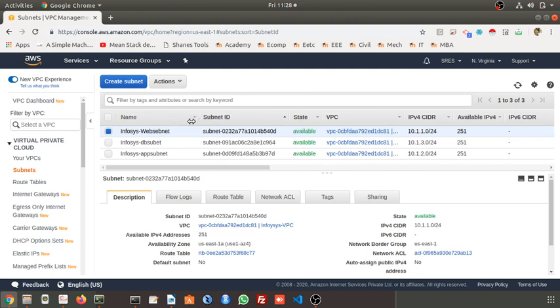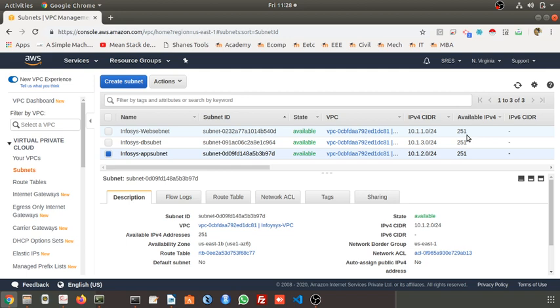So we have the DB subnet in zone 1C, the web subnet in zone 1A, and the application subnet in zone 1B. Here the available IPv4 addresses in this subnet is 251.